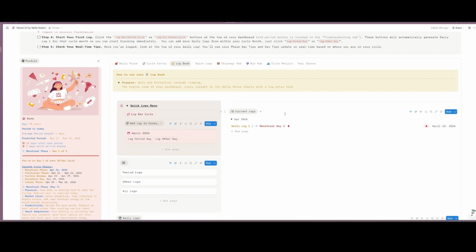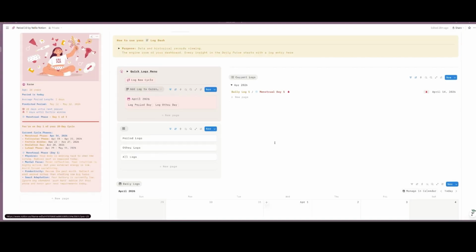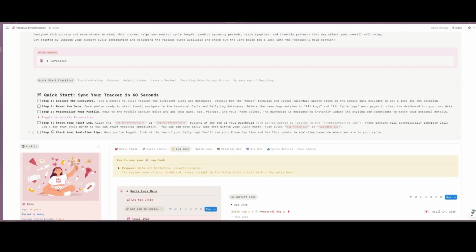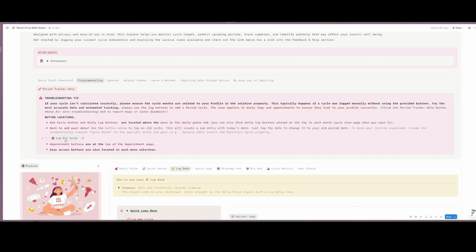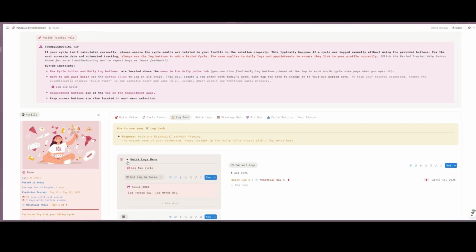So the predicted period, now there's only been one period entered and it was only 1 day, so its average period length is 1 day, and it's going to have the cycle of 28 days. If you want to log an old period, there is the log old cycle. Now you could use the log new cycle and just adjust it, but the log old cycle, what that does, so once I click it,